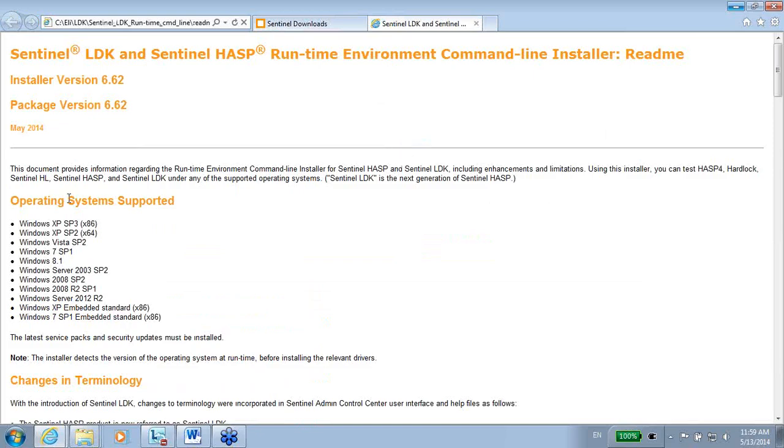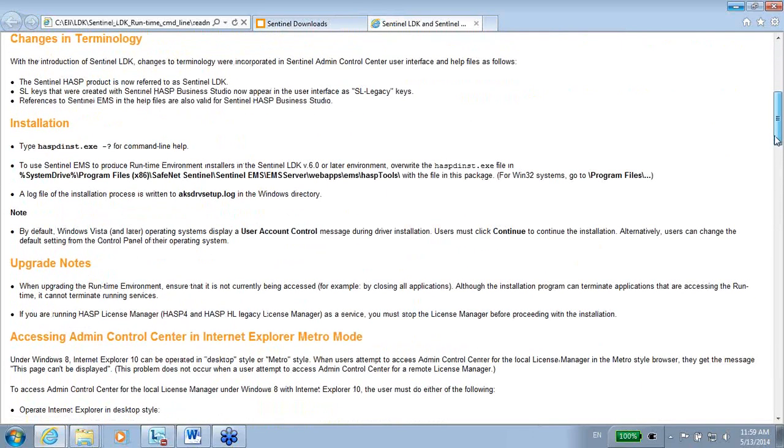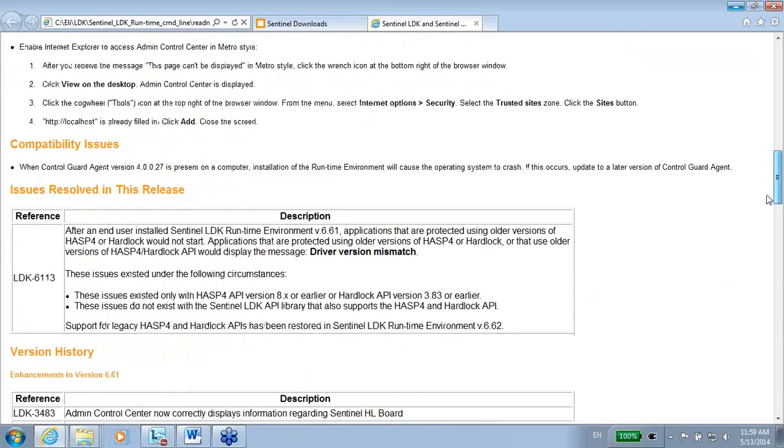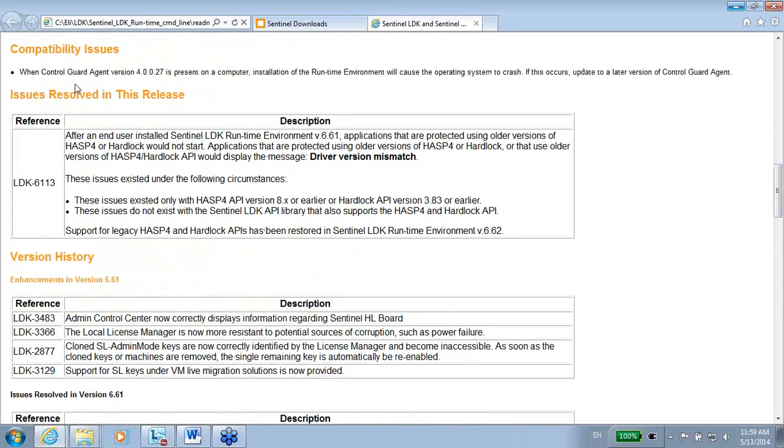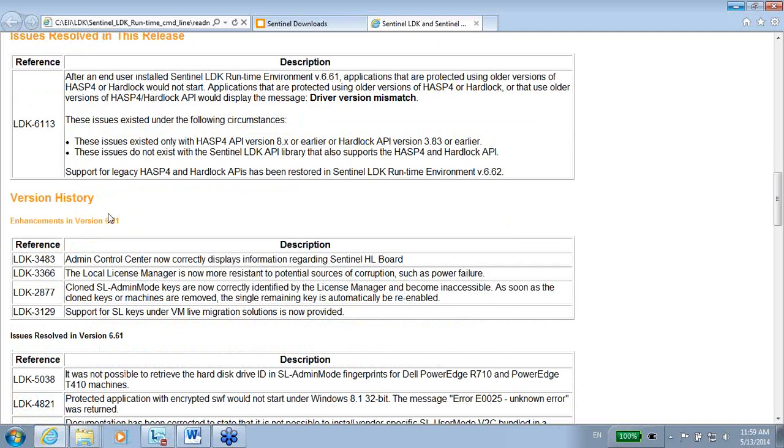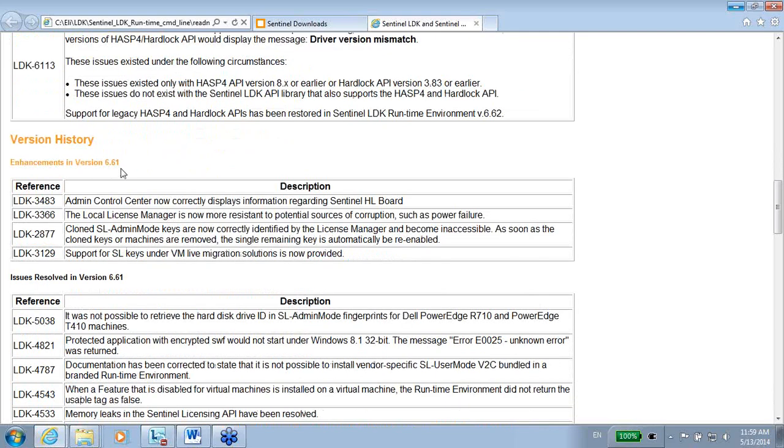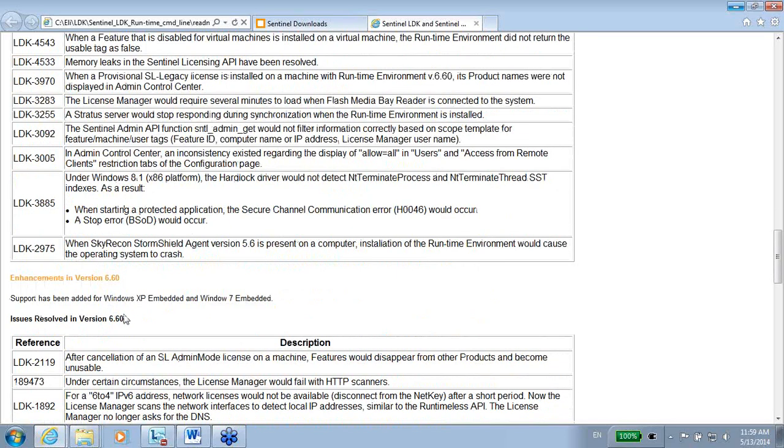First of all, you get details about operating system supported and other details. But what is important to note is the fact that you have here issues resolved in this release. So you get details about exactly what has been fixed for this specific release, and you also have a version history in which you can see the different versions of the older runtime environments and what has been fixed for